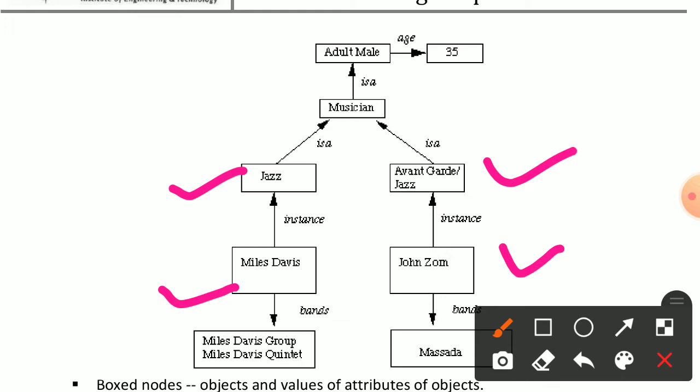Some bands are also given: Miles Davis bands are Miles Davis Group and Miles Davis Quintet, and John Zorn's band is Masada. So it is another hierarchy.